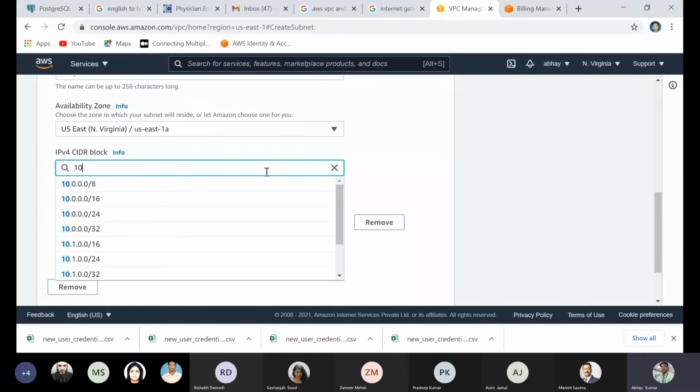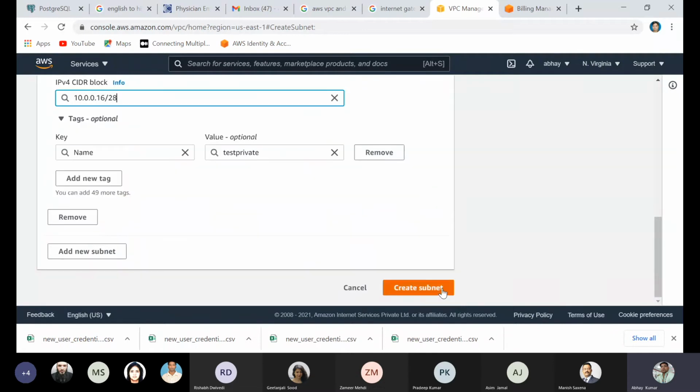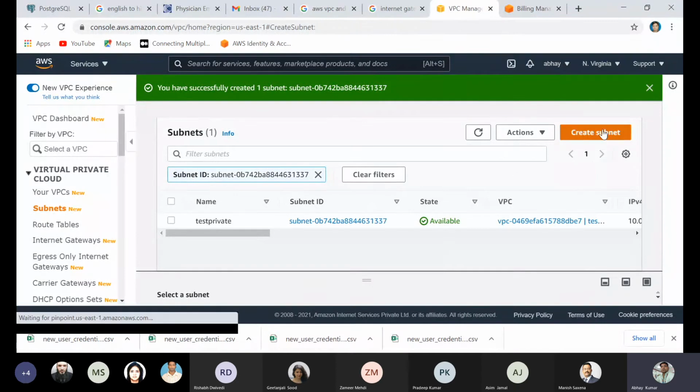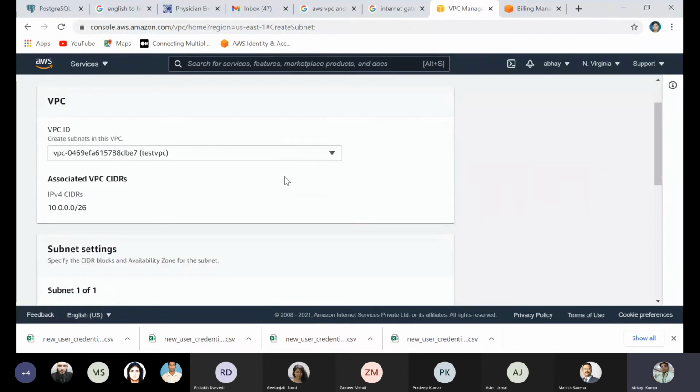It will be 10.0.0.16, because 0 to 15 is already in use in my public subnet. So now this 16 comes here. It's created.